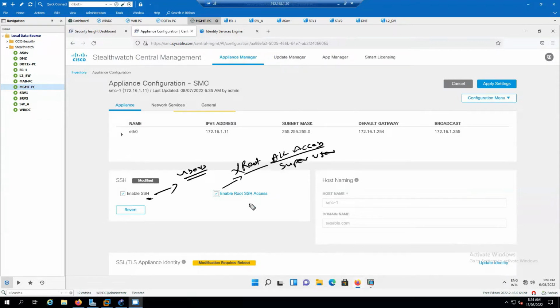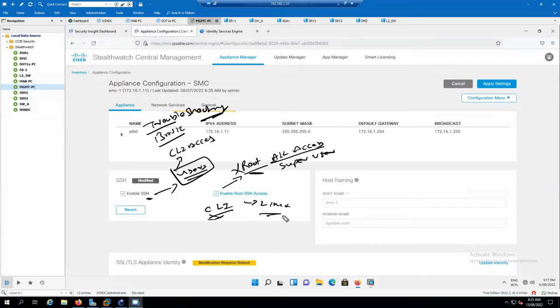Now, this should not be given to anyone. You have to be very careful with the root, because when you have access to the root, that means you are having access to the CLI. But if you are giving SSH to this one, they do not have the CLI access. But they can do some basic configuration or basic troubleshooting. So this is what it is, but you have to be very, very careful with respect to your root SSH access, because you are able to allow the CLI. If someone has good knowledge about Linux, he is able to make some changes over here in his Linux kernel,